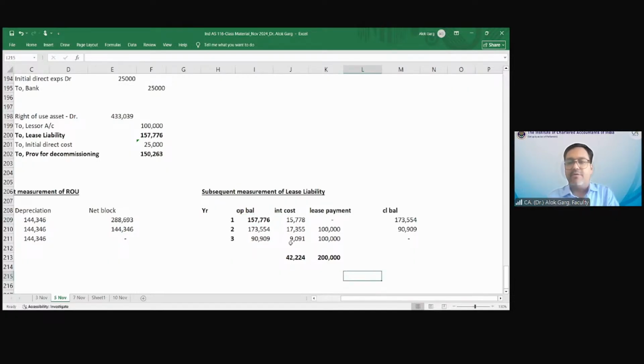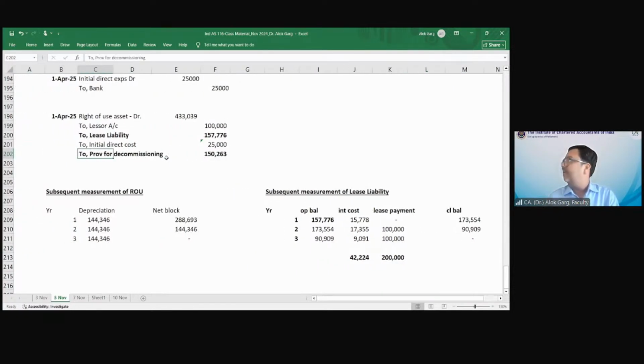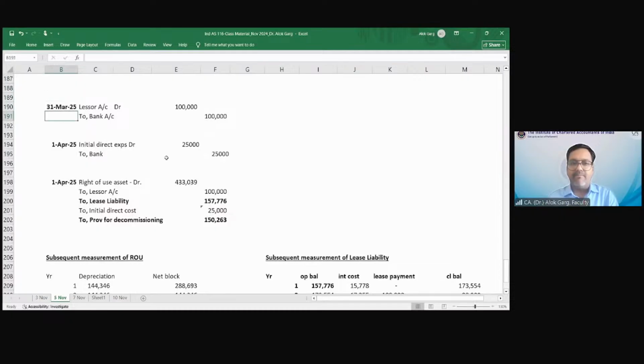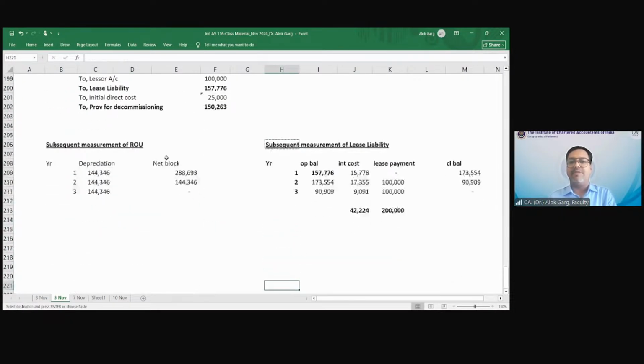तो अपना राइट ऑफ यूज एसेट भी 3 साल में जीरो हो गया और लाइबिलिटी भी 3 साल में जीरो हो गई. अभी और कोई अकाउंट है जो आपका अनसेटल्ड है? आपका देखो सब जीरो हो गया ना. Decommissioning. Provision for decommissioning. Yes. तो subsequent measurement for provision for decommissioning. Because ये आपका Ind AS 37 के हिसाब से चलता है. It is Ind AS 37 provision for decommissioning. Provision for decommissioning, right?